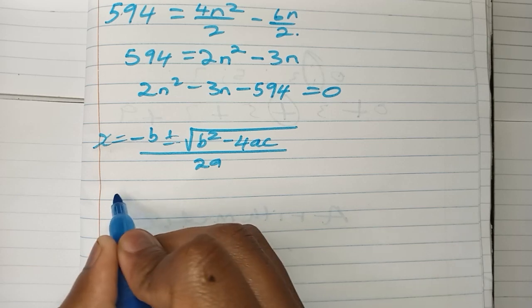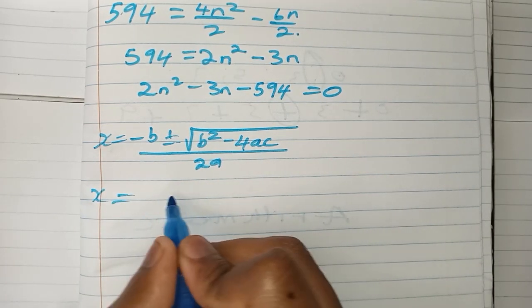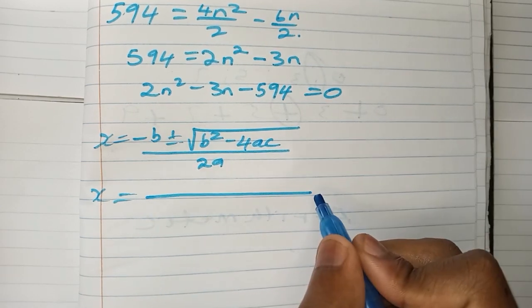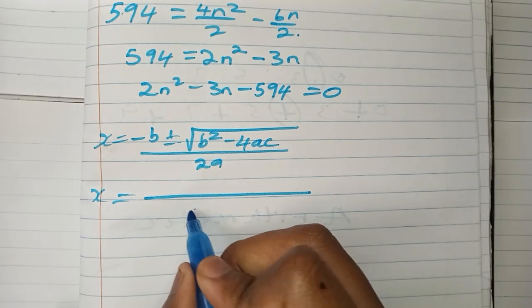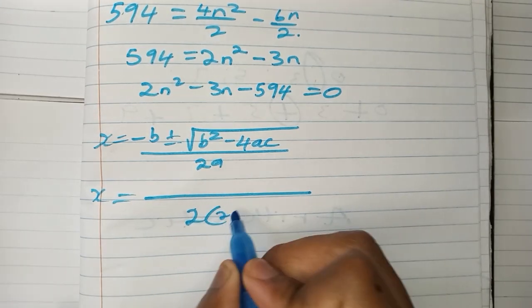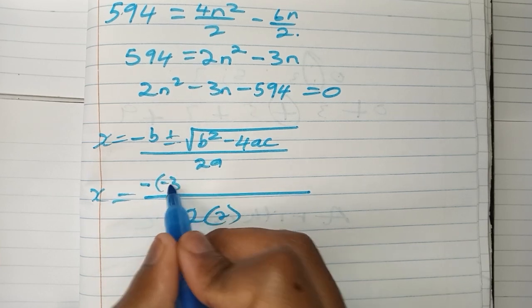And usually I substitute these values in my calculator, but I will show you today just so that you don't confuse yourself. Now a is 2, right? So we can simply say 2 into 2, right? We have minus into minus 3 plus or minus